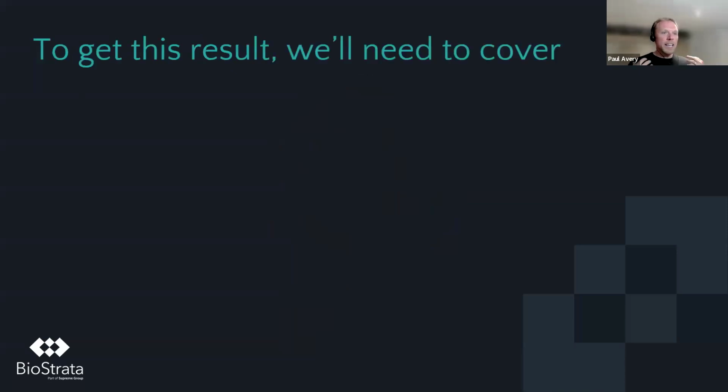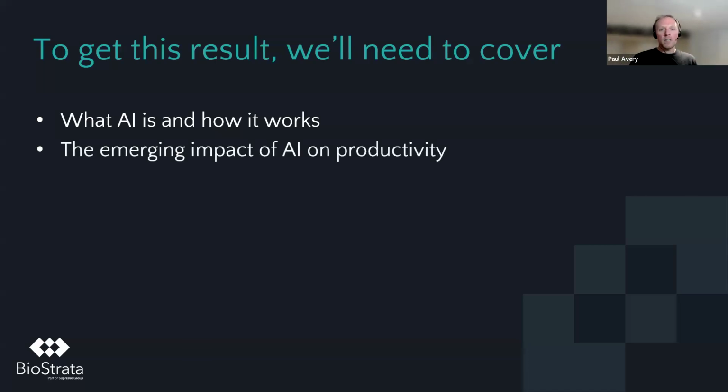So to try and get to that point of mindset shift, we're going to have to cover a number of different things today. The first is, what is AI and how does it work? And what I want to do here is just give you a bit of a primer into how these tools work, because I also think that gives you a feel for why they fail at certain things if you understand the why behind it. We're also going to look at some of the data that shows the impact of AI on productivity. Obviously, I'm an N=1 when I share my 8 to 12 hours a week, but I'm not alone. And as you'll see from data I'll share, there's lots of people who are getting benefits, and you can too.